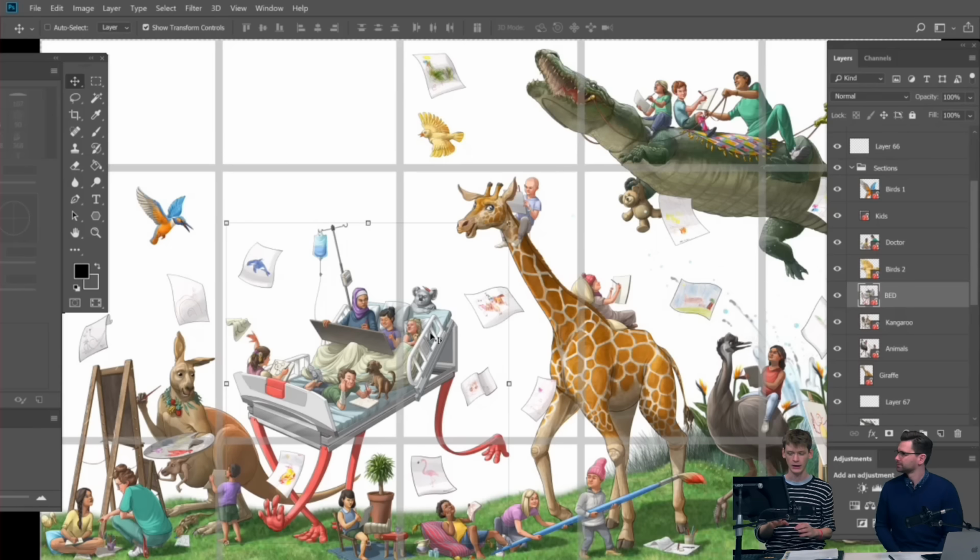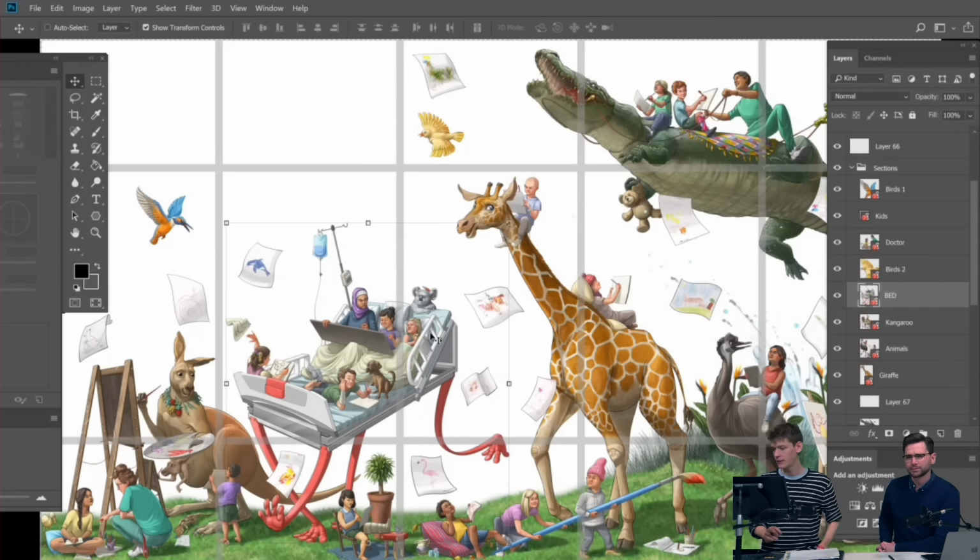And the great thing about that is that I can work on a smaller element in a separate file, and I never have to move it from the main composition. It'll just update there, and therefore I'm using a lot less processing power because I'm working on a smaller element that's updated to this huge composition that otherwise would be incredibly laggy and slow to work on.